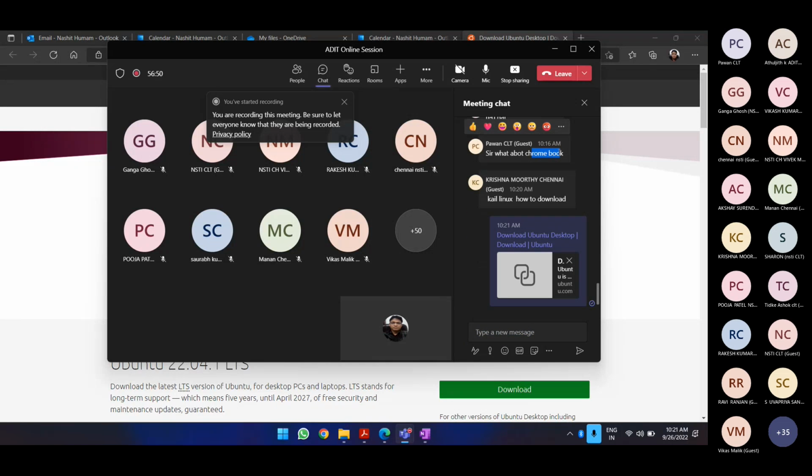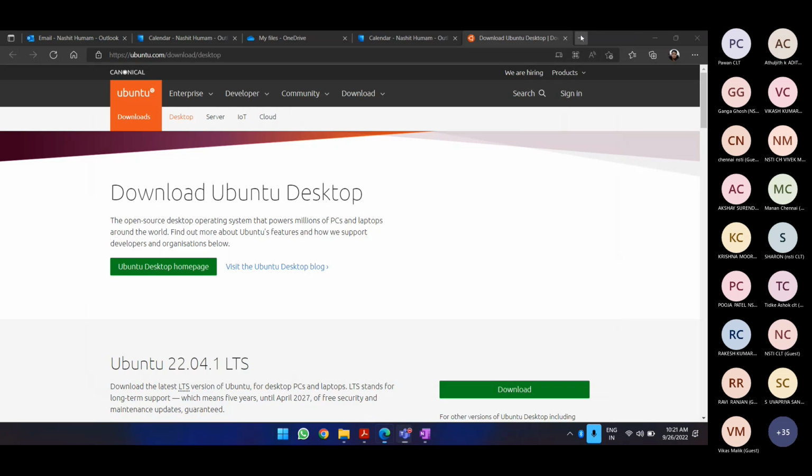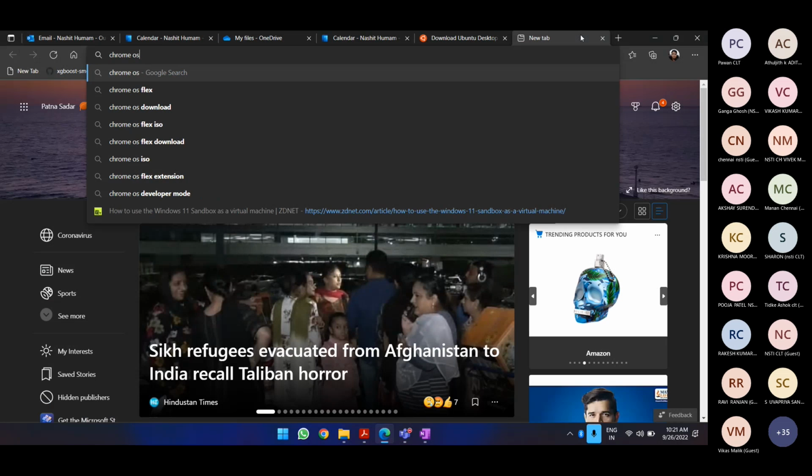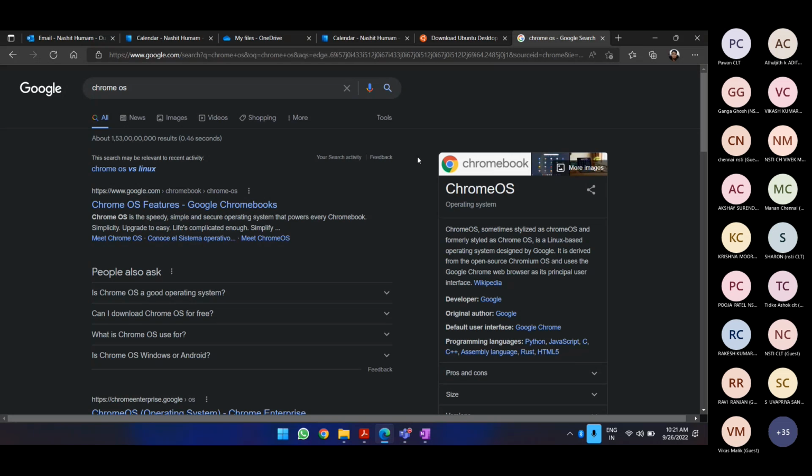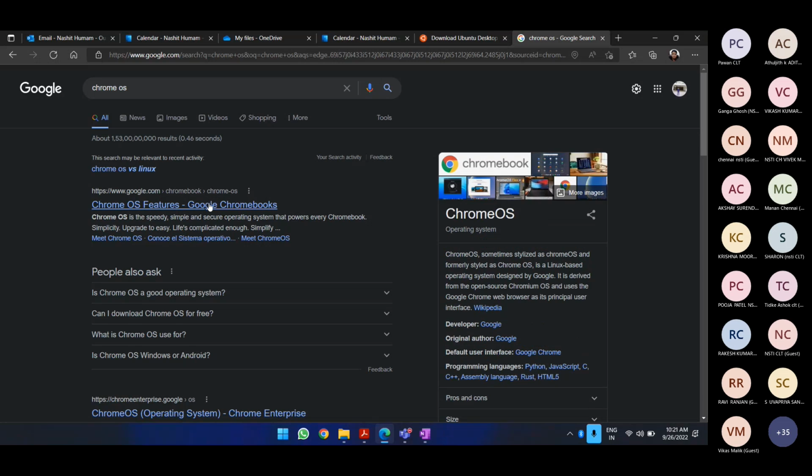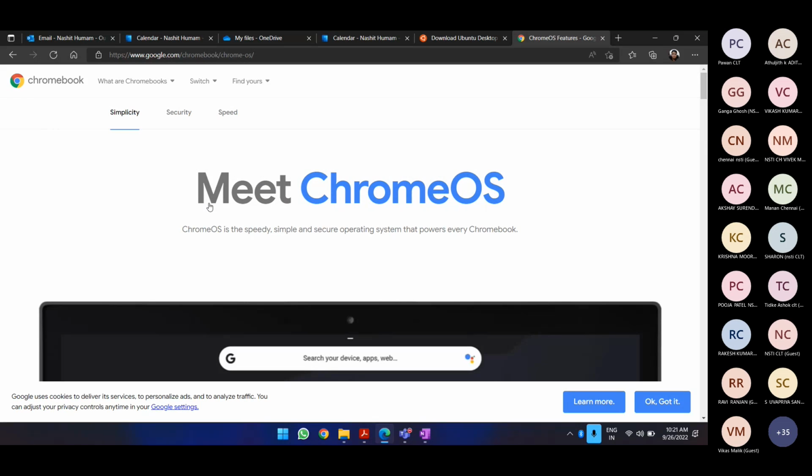Chromebook runs on an operating system that is called Chrome OS. In case you want to have it, functionalities are still very limited. They are still working on it, but I won't be buying a Chromebook for 26,000 when I can have a normal desktop for 28,000. I will give 2,000 more, and I can have a system where I can run Windows and run Linux.